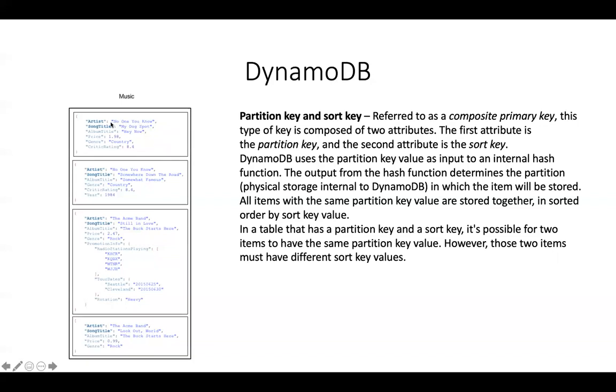So over here you can see that we have the artist as the partition key and the song title as the sort key. So again, you can see over here, the artist in the second item also has the same artist name as that of the first item, right? But then ultimately, are both your artist and your song title together unique in nature? That's something that you have to think about. So you can see over here, even though in both these items you do have the artist name being the same, your song title is something different, right? So this is called a partition key and a sort key. And it's together referred to as a composite primary key, because together they have to be unique, right? So the first attribute is your partition key and the second attribute becomes your sort key, right? Cool.